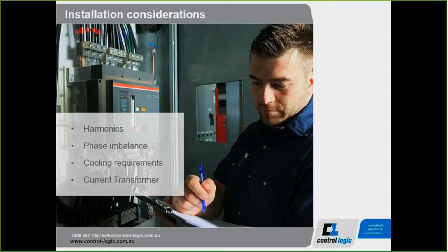Again, if you don't know what your voltage distortion is, we may have some smart metering on site, but if you don't, please contact us and we can help you obtain that information. So harmonics is one of the things to consider. Phase imbalance is another. If your three phases are not that well balanced, meaning there's a difference of more than plus or minus 5% between phases, you've got to look at